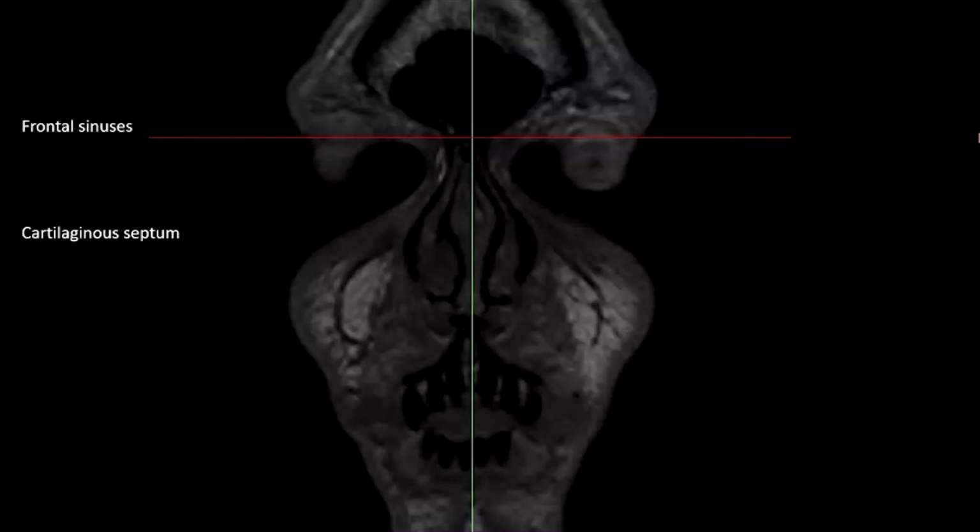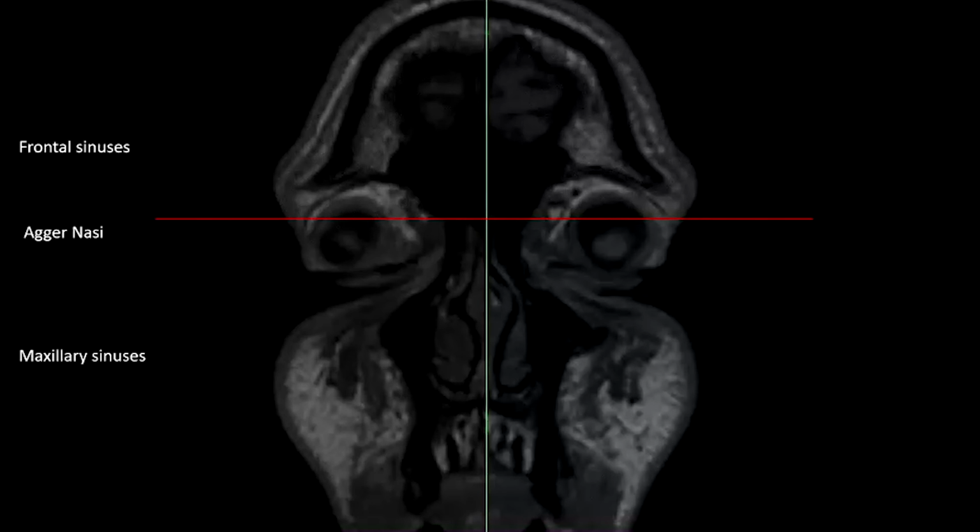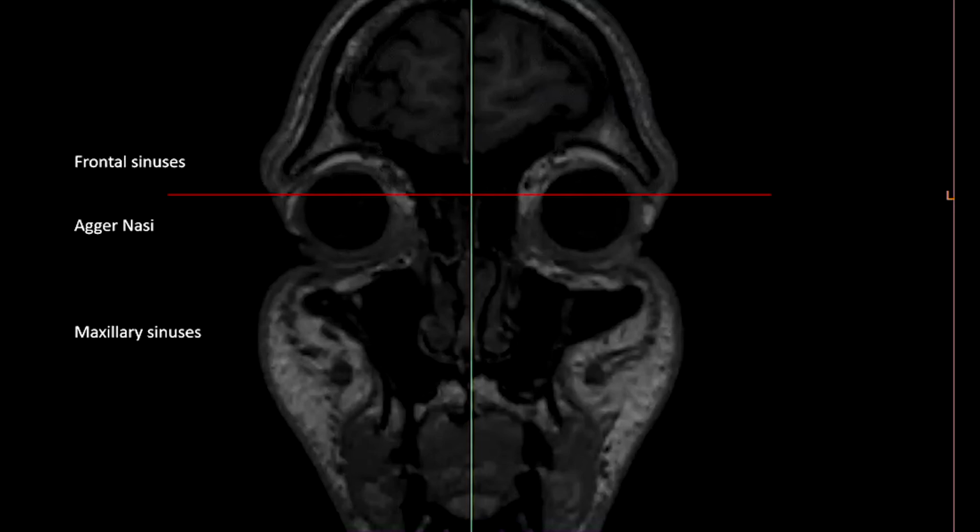So again, we're starting at the front. The first sinuses you'll see are the frontal sinuses. You've got the cartilaginous septum. So that was in this plane here. Going back, you start to see the agger nasi as well below the frontal sinuses. Maxillary sinuses coming up. So all the sinuses look black. Just a bit further back,